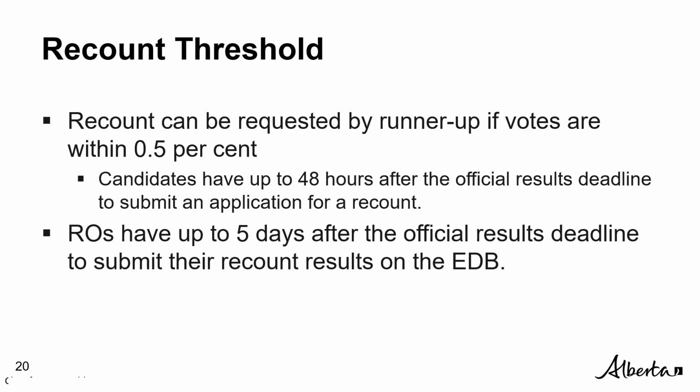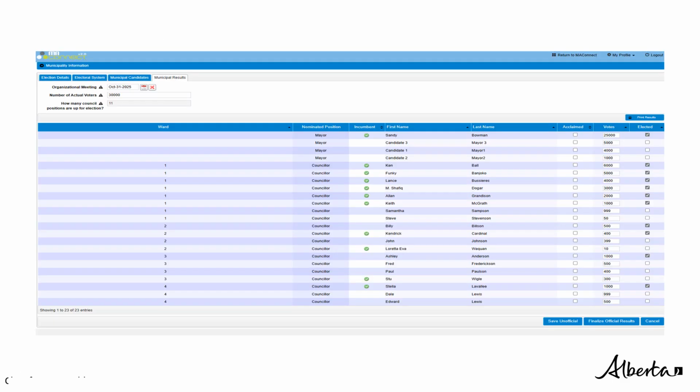The recount should be completed no later than noon on the 5th day after the municipal election, so that would be October 29th for the general election. So let's see how this feature works. In this example, we filled in all the relevant data for the municipal results screen. So when we push the Save Unofficial button,